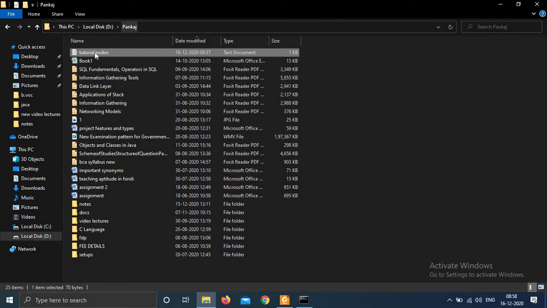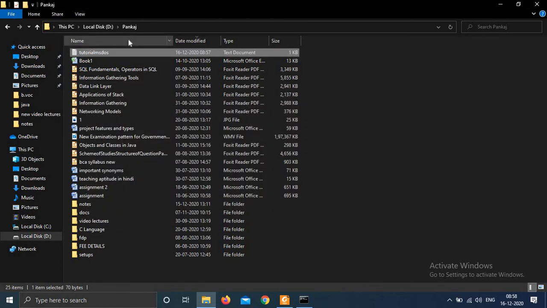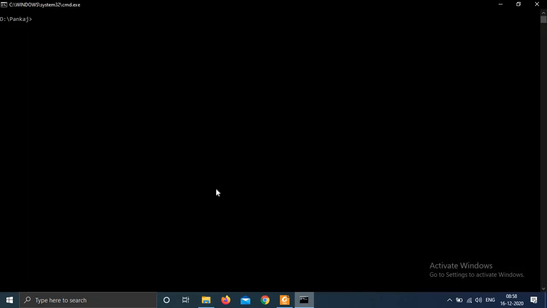Now suppose I want to see the contents of this tutorial ms-dos file. If I want to see the content of this file using ms-dos, I need to type the name of the file. What was the name of the file?